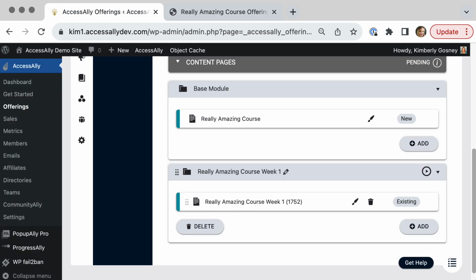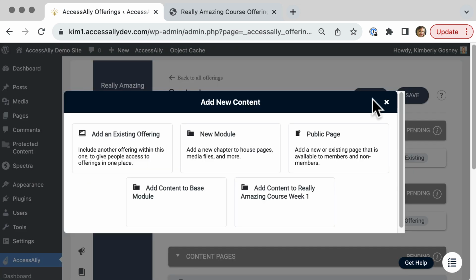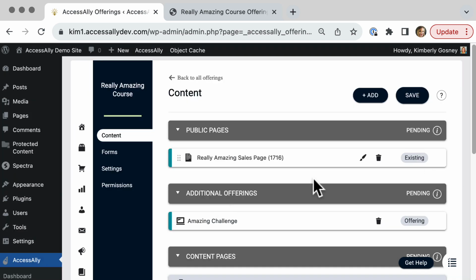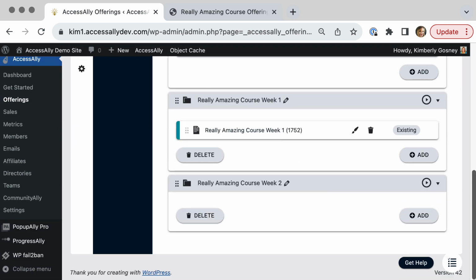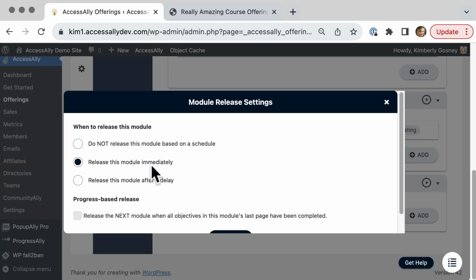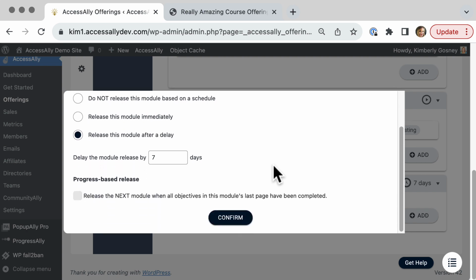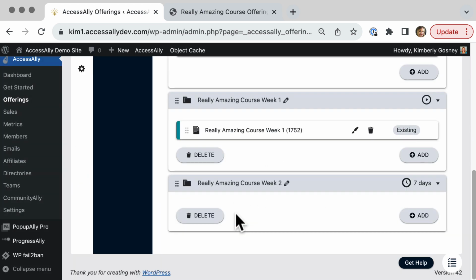I'm going to repeat that process with each new module part. Remember, each module is separate, and the pages in that module are in that drop down. So I'm going to go back up to the top, click plus add, and choose new module, and I'm going to give it a name, and I'm going to choose 0 pages because I have existing pages, and I'm going to hit create module. I'm going to scroll down, and I'm going to set my timer to delay this one to send it after 7 days because it's dripped out once a week, and I'm going to hit confirm,